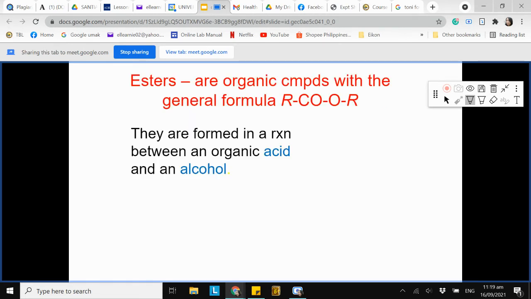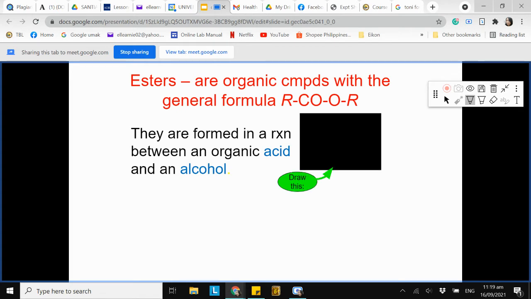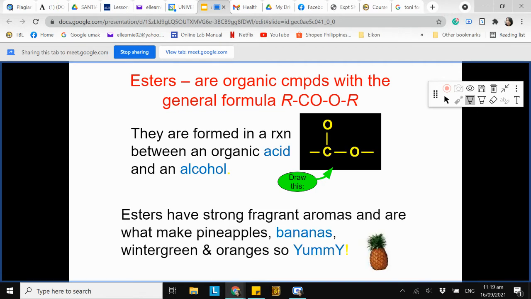Okay? So here is the general formula of an ester. It actually comes from the combination of an organic acid and an alcohol. Okay? So this is it. This part comes from the organic acid. This part comes from the alcohol. Okay? Now, esters are used as synthetic